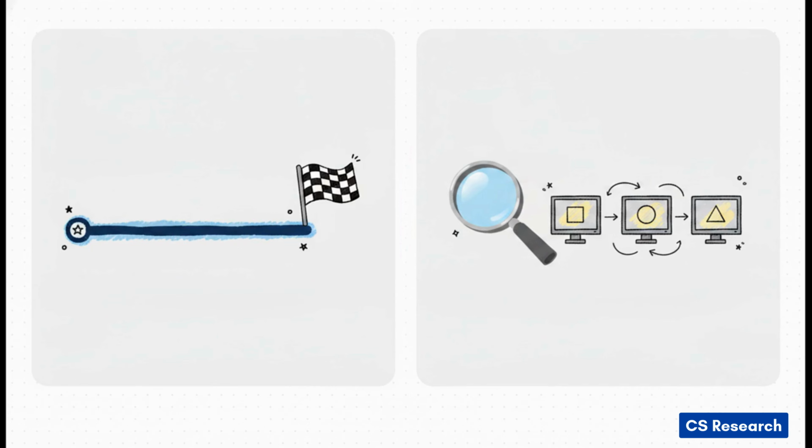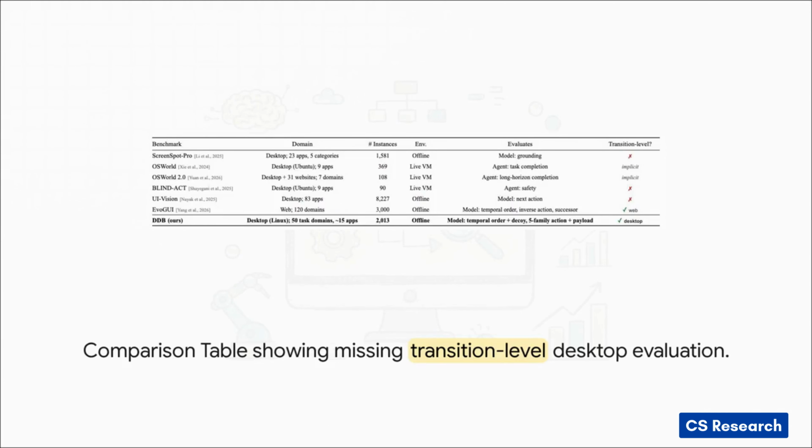It's like a student getting the right answer on a math test without showing their work. Did the AI actually understand the screen transitions along the way, or did it just get lucky? We desperately need what we call transition-level benchmarks to score those step-by-step graphical user interface changes and actually isolate its visual reasoning. This exact gap in the industry becomes glaringly obvious when you map out existing diagnostic tools against the